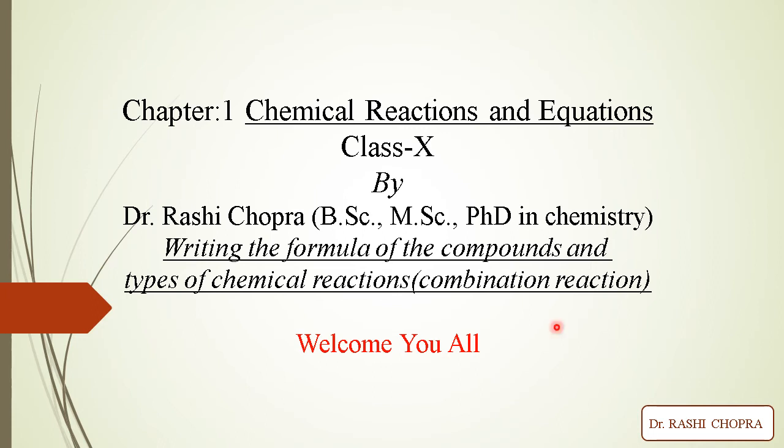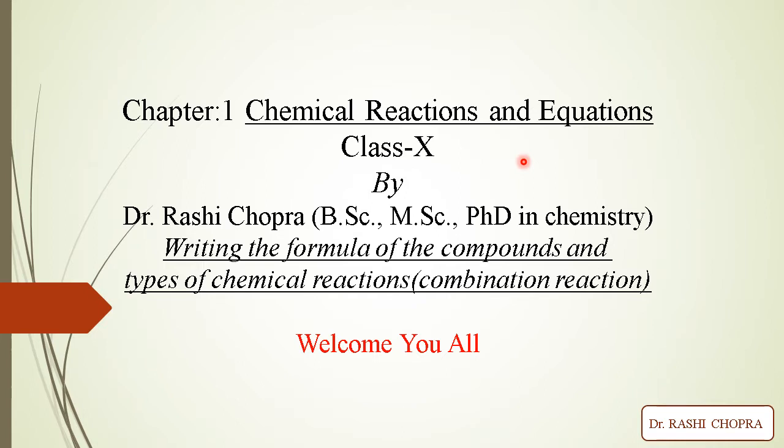So in the previous sessions, what we have discussed so far is chemical reactions. We have discussed all the observable changes that you can see when a chemical reaction takes place. We have also talked about the other half of the chapter of class 10th, which is chemical equations. We have discussed why there is a need to write a chemical equation. We have also discussed how you can write the chemical equation, and there are three simple steps that you need to follow in it.